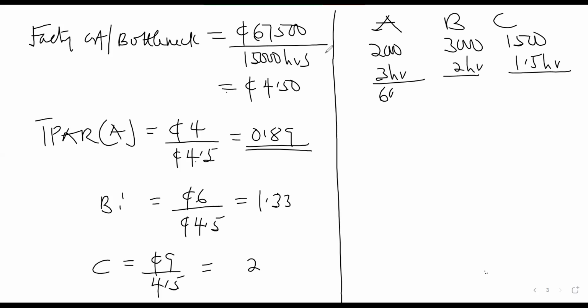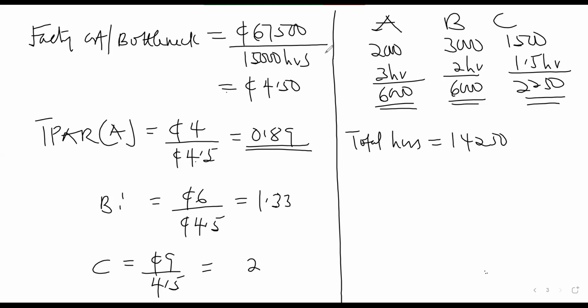This one will be 6,000. Am I correct? Okay, this will be 6,000. Am I correct with that? Okay, 1.5 times 1,500. That will be 2,250. Are we correct? Okay, so the total hours required will be 14,250. Are we okay? 14,250. Okay. So if we are able to have all the 14,250 hours, it means that we can